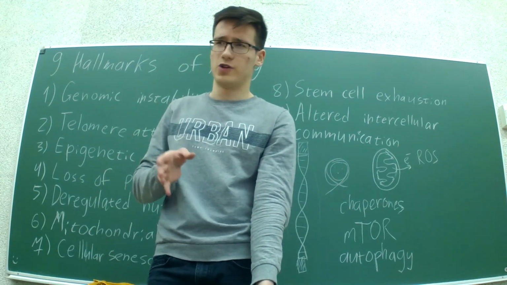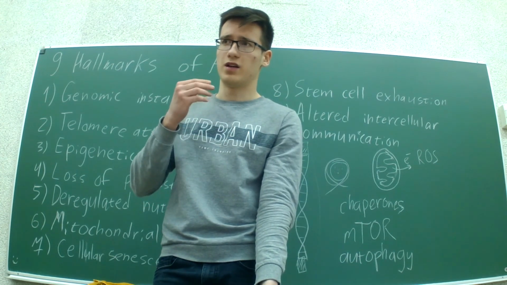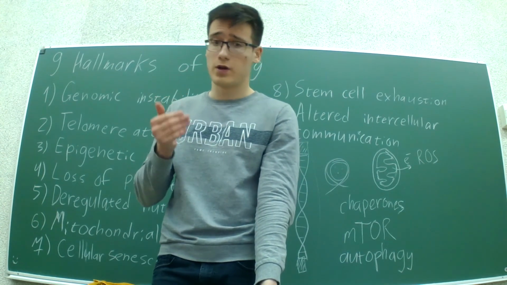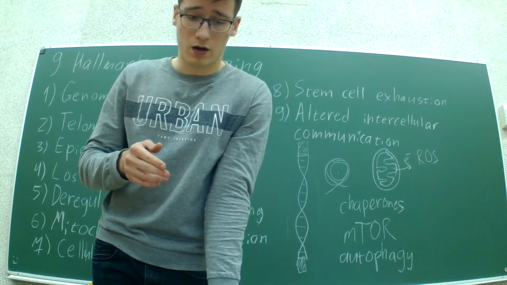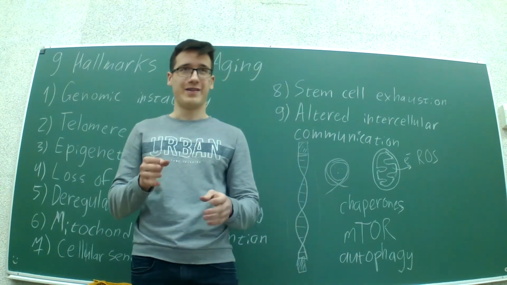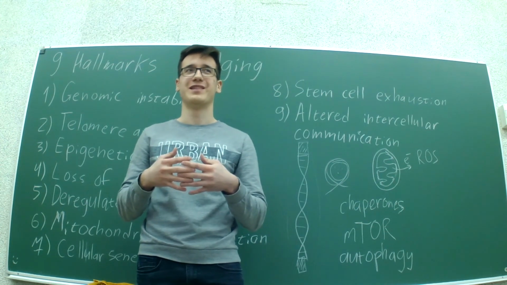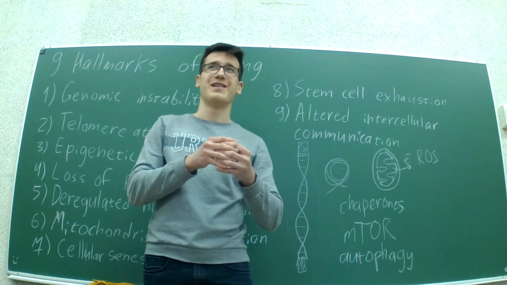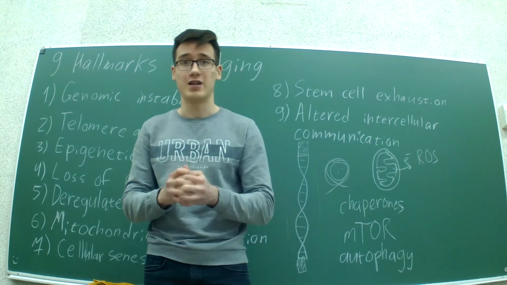Avoid alcohol, avoid junk food, avoid inhaling toxic fumes, and so on, other mutagens. And also, the last thing, be optimistic. There actually were studies that proved that all those centenarians and supercentenarians were optimistic about their age, and they